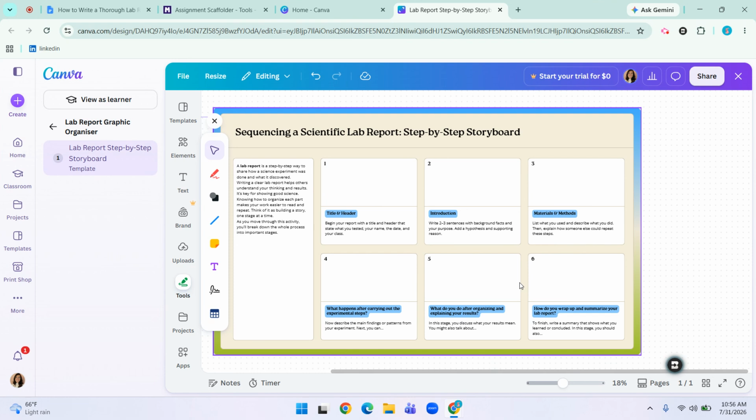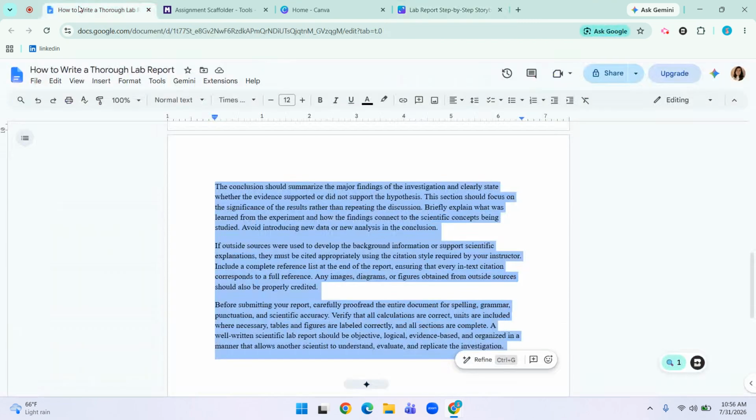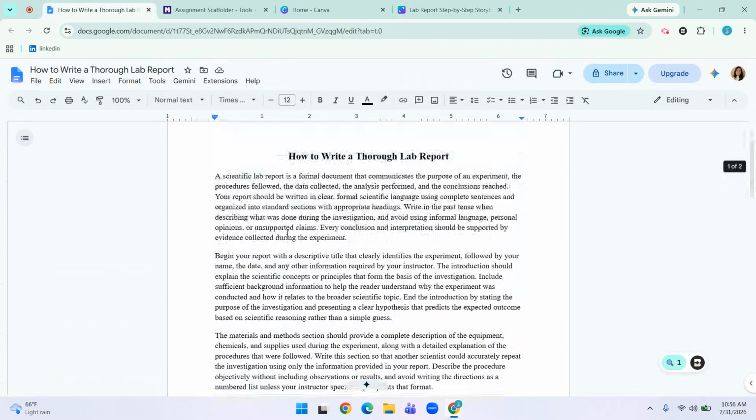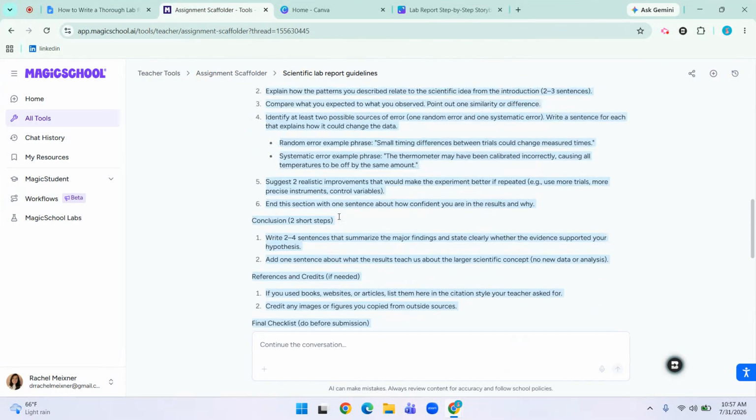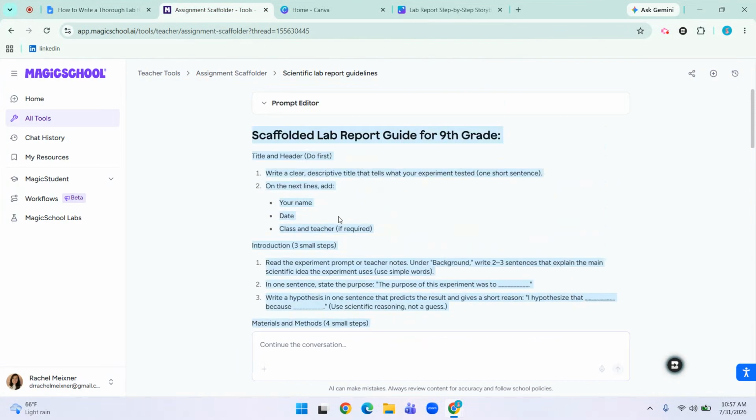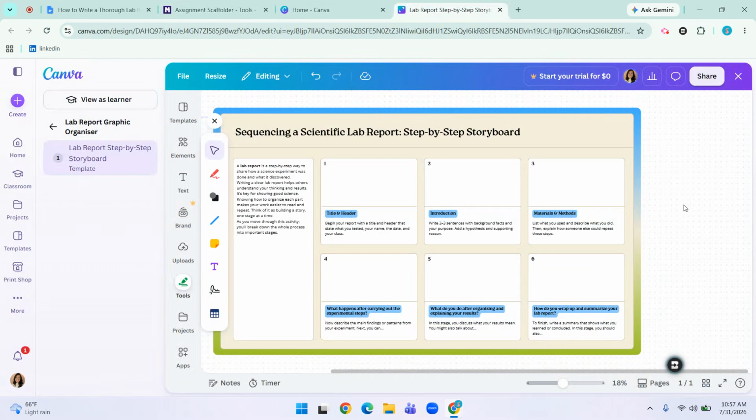But having the opportunity to differentiate, we can take the directions from this, very heavy, very overwhelming, to this. Maybe this is all the student needs, right? The step by step and the vocabulary words. And then some of our learners might need the graphic organizer level. So this is what differentiation is all about. This is scaffolding, right? We're giving each learner what they need to be challenged without shutting out students who have